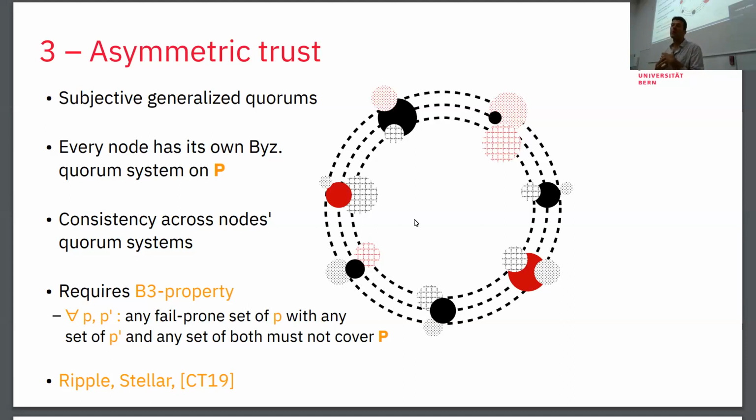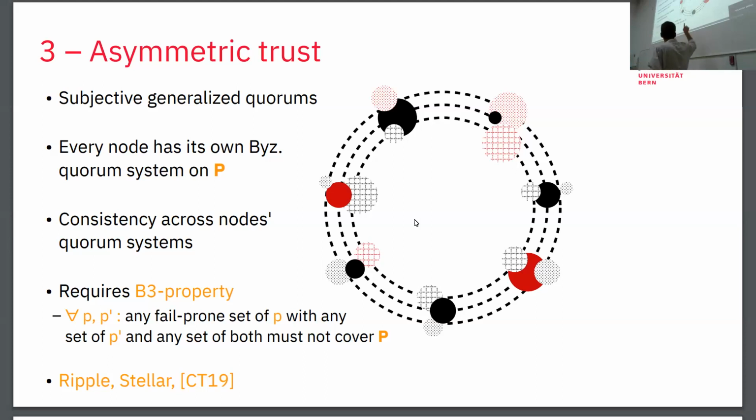And this is not our invention, basically. It's the invention of the Ripple and Stellar blockchains that came with this model. They said, you only trust the nodes that you know in a protocol. So some nodes don't even exist for me because I don't know them. So I do some voting based on whom I listen to, but I don't listen to others. In Ripple and Stellar they started to do that, Ripple first and Stellar later. And this is a scientific paper where we went into this in a bit more detail.